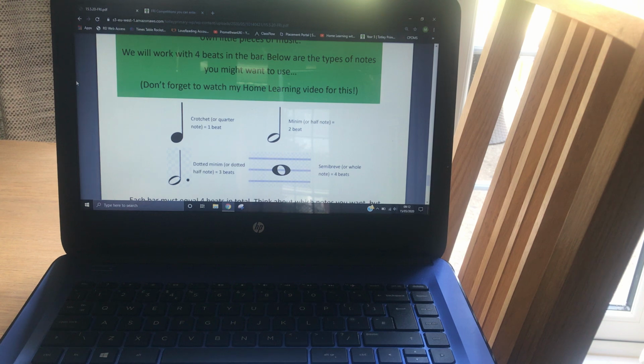Each one was held down for 2. Maybe I'd do a middle C that's a dotted minim. So a dotted half note, 3 beats. 1, 2, 3. Maybe I do a middle C that is a semi-breve, a whole note, which is all 4 beats in that